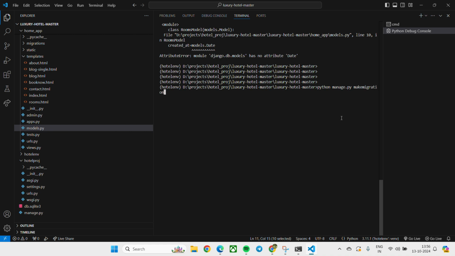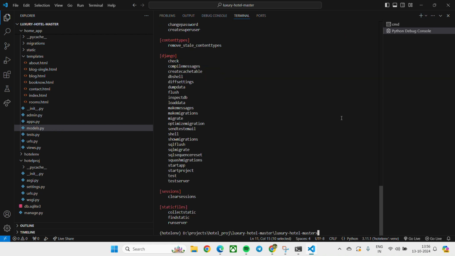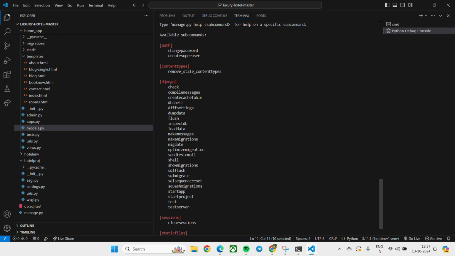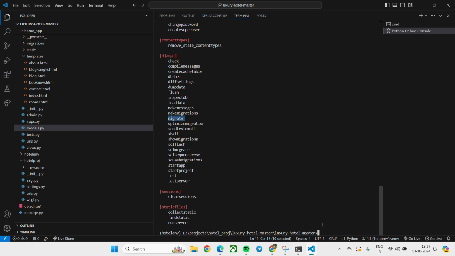So for checking this, if you don't know the makemigrations spelling, just run python manage.py, then you can check the spelling from here. Okay, this is the makemigrations word. Okay, next step is the migrate step. So yes,